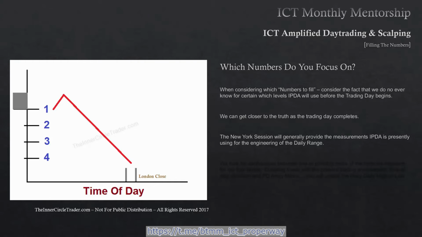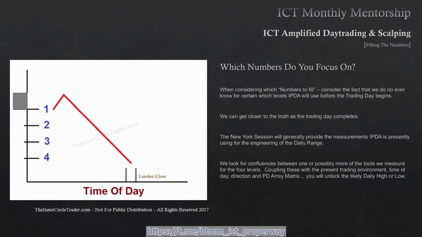So what do I mean by that? Well, we know we have a few different things here at our disposal for determining where price will go for the daily high or low. If we're bullish, we're wanting to see how far IPTA will deliver price on the upside. By itself, these ranges and these projections don't mean anything. They don't mean anything at all. But what we look for is confluences between one or possibly more of the tools that we outlined in this teaching for measuring these 4 levels. Coupling these with the present trading environment, time of day, direction, and PD array matrix, you will unlock the daily